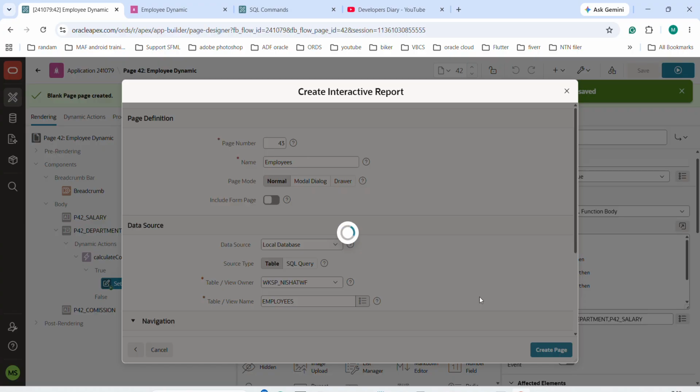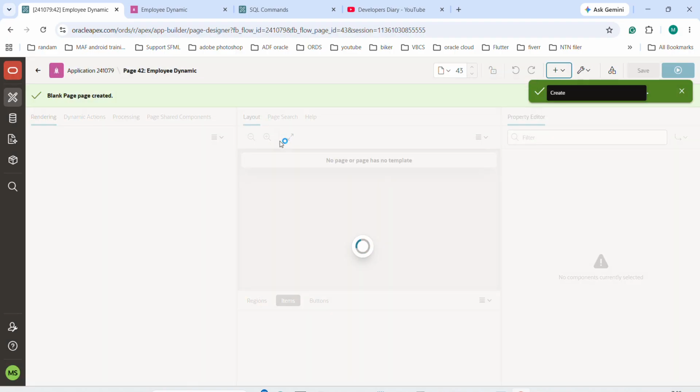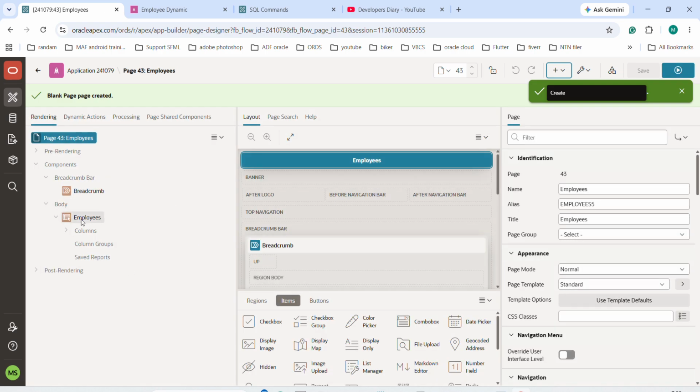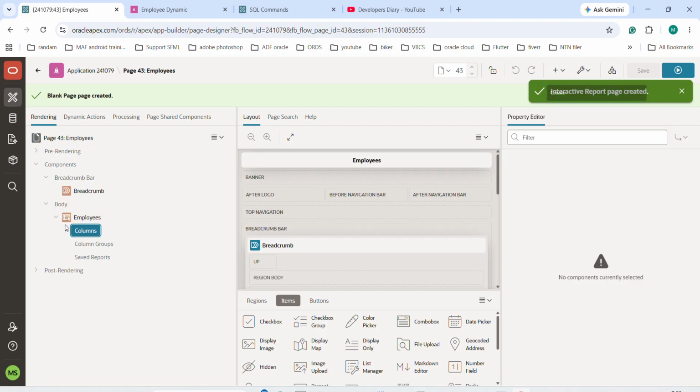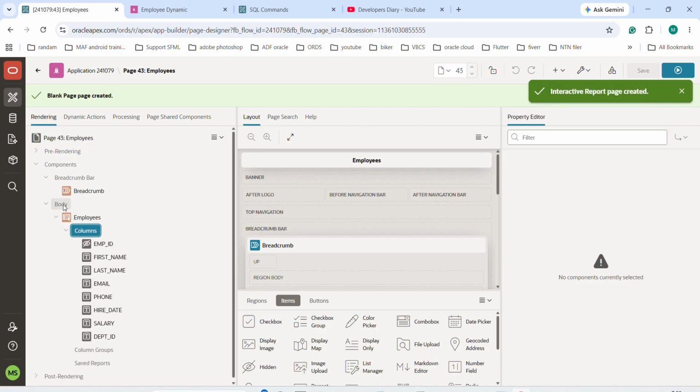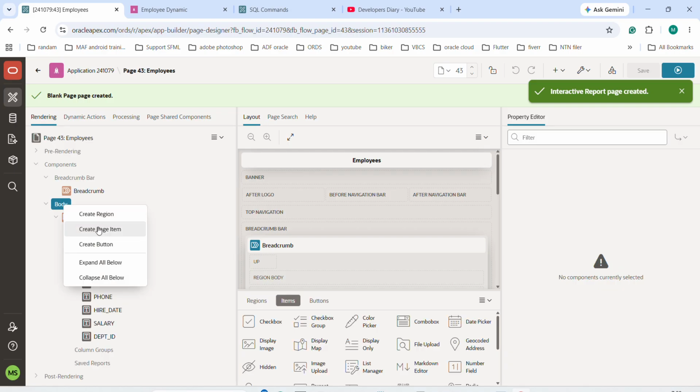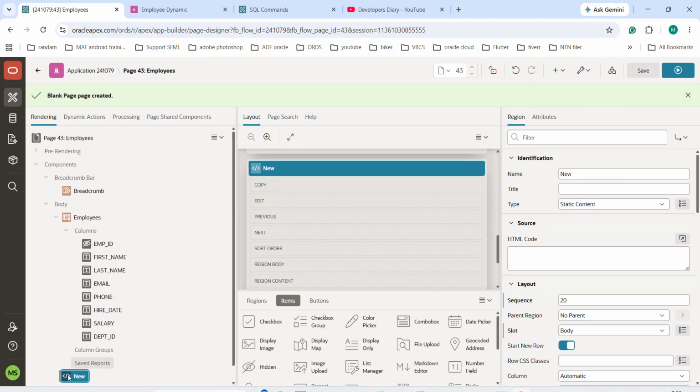I shall create the page, so this is an interactive report. Then we shall create a new region